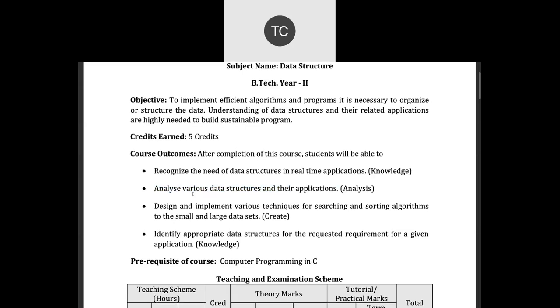Okay, so what are those data structures? You'll be able to analyze those, which data structure has been used in a particular application and which is better to use, whether we should go for linear or whether we should go for non-linear data structure. Okay,